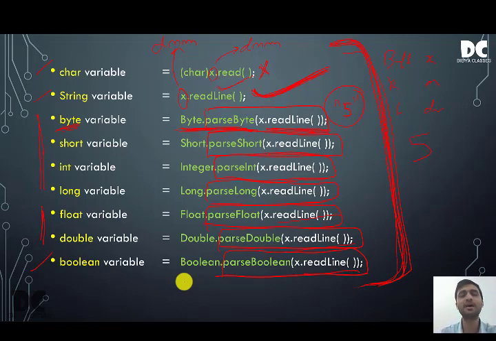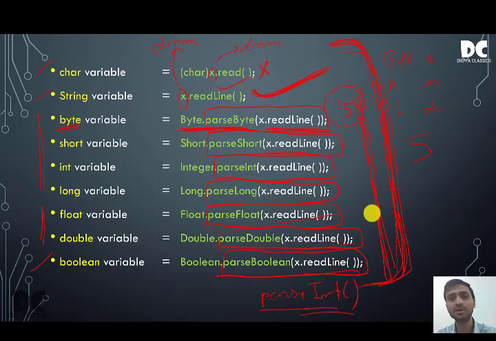To convert a string value to integer value, we have to use the function parse int. This parse int function will help to convert the string value to int value. Similarly, if in board exam the question comes how to convert a string value to boolean value, you will write parse boolean, the function that will convert the string value to boolean value, and similarly all this. So not only will it be used in your programming, but from the buffer reader chapter, from the library classes chapter, you will also get short questions. So you have to remember.